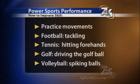Yes, at power sports. Explosive movements, that could be golf, tennis, football, anything with actual sports, even skiing. The first thing I want to look at is how to improve performance in the power sports, and you have 3 different elements that you should be doing to improve this: strength, speed,